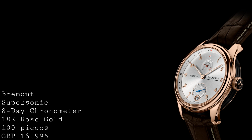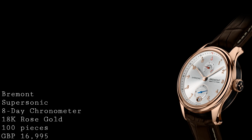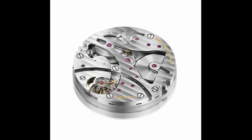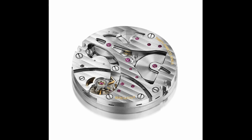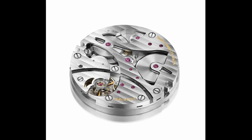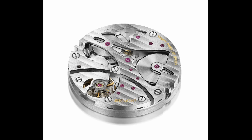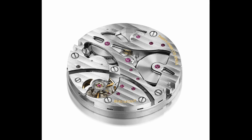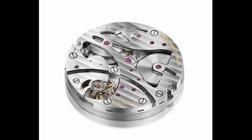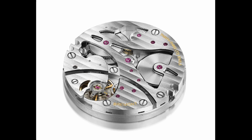But one also has at 12 o'clock the addition of this rather interesting power reserve meter in red with a sunken form as well. And the interesting element of these is they're run off a movement which is unique to this watch as of the present time, and it's the caliber BE11M, the first 8-day manual movement from the brand. It runs at 3 Hz with 33 joules and has a Glycodur balance, as well as an Anachron balance spring and a Nivaflex mainspring. But the general design of this movement is most interesting, because it takes a very, very decorated form